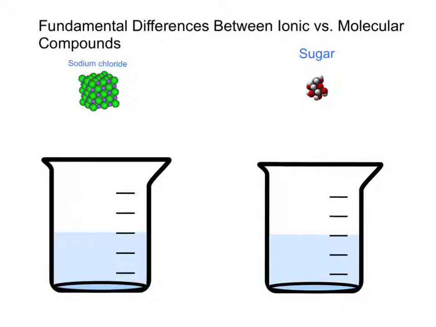Hey guys, so the purpose of this screencast is just to express the fundamental differences between ionic versus molecular compounds. And I've picked just two examples here. Here is an ionic compound known as sodium chloride, and here's a molecular compound known as glucose. In other words, we'll just call it sugar. And so one of the fundamental differences that I'm going to talk about is what happens when they're placed in